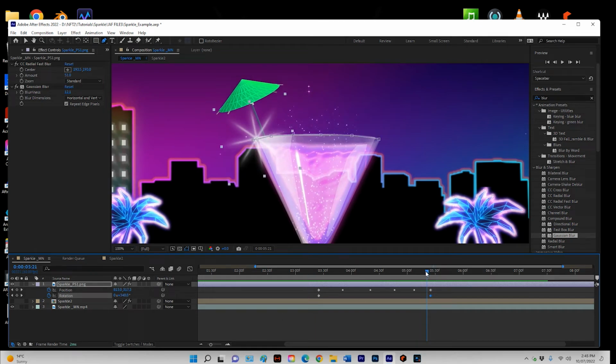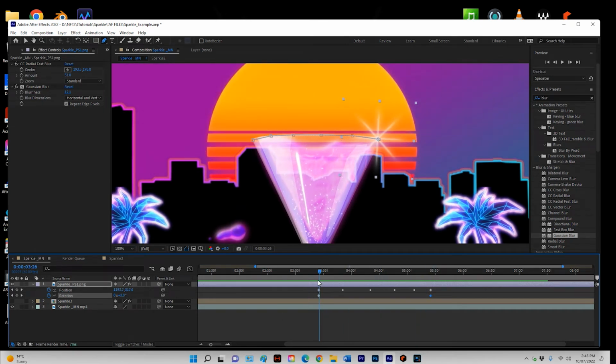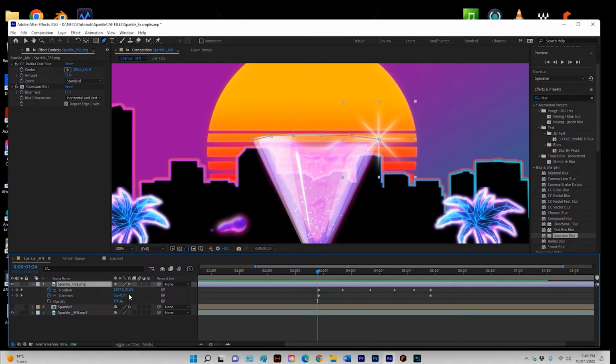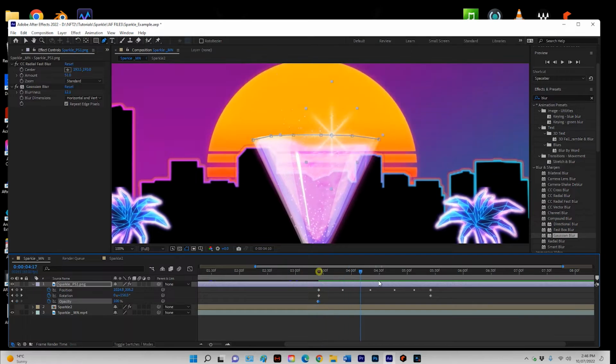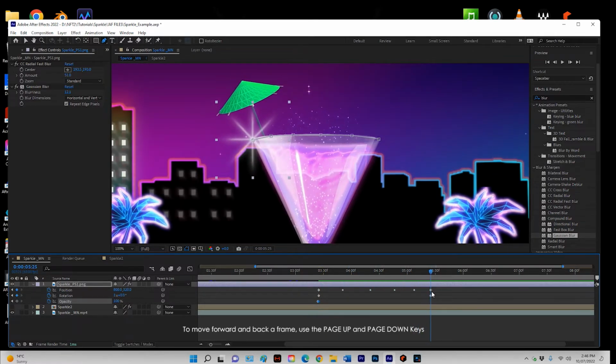Okay, nice. Also, don't forget to change the transparency. So start one frame before it sort of starts moving. This time, hold down the Shift key and press T. That brings up your opacity. So we'll start with it at 0 and give it a keyframe. Okay, move forward a frame, bring it in at 100, slide it across to the end of the animation, keyframe